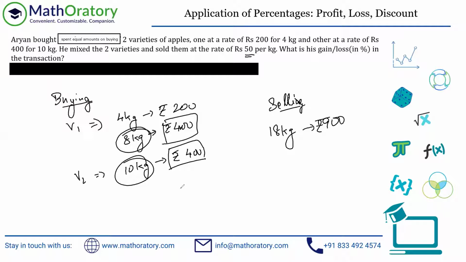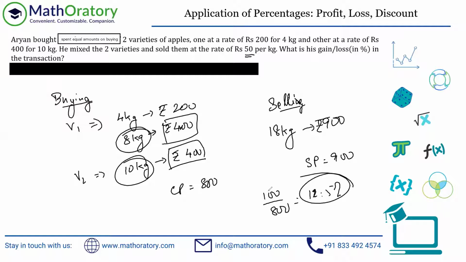So now check this out. The total CP comes out to be 800 bucks and the SP is 900. So now the profit is 100 out of 800. So this is 12.5%. So just by changing the premise a little bit, the value has changed, right? So always understand what the question is talking about. Use the basics. There's nothing complicated out here. But do read the question properly. That is the major takeaway you should have from this particular question.